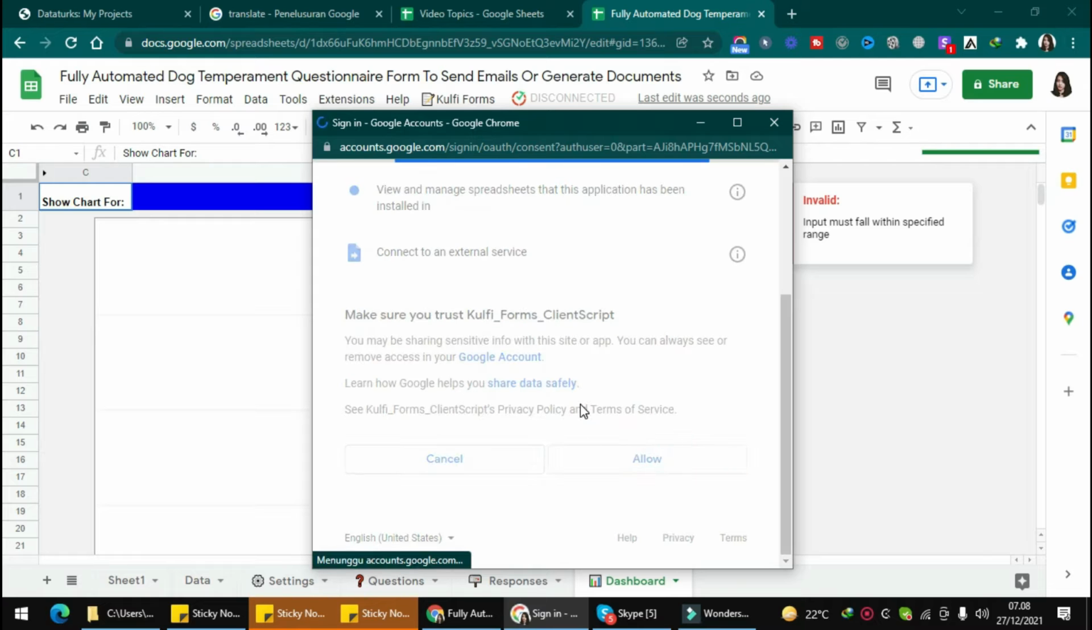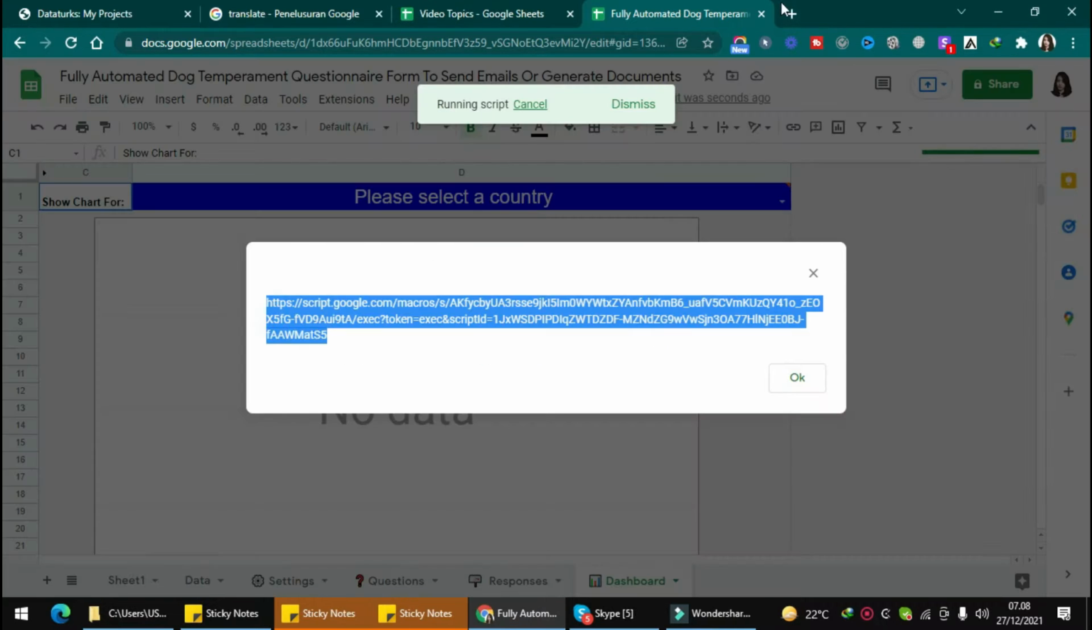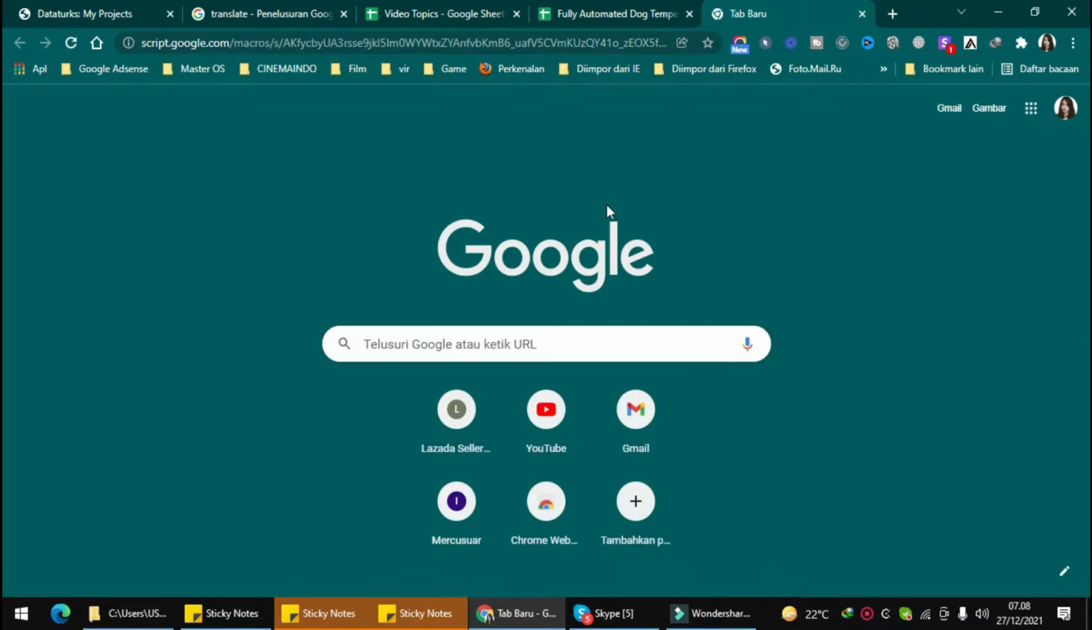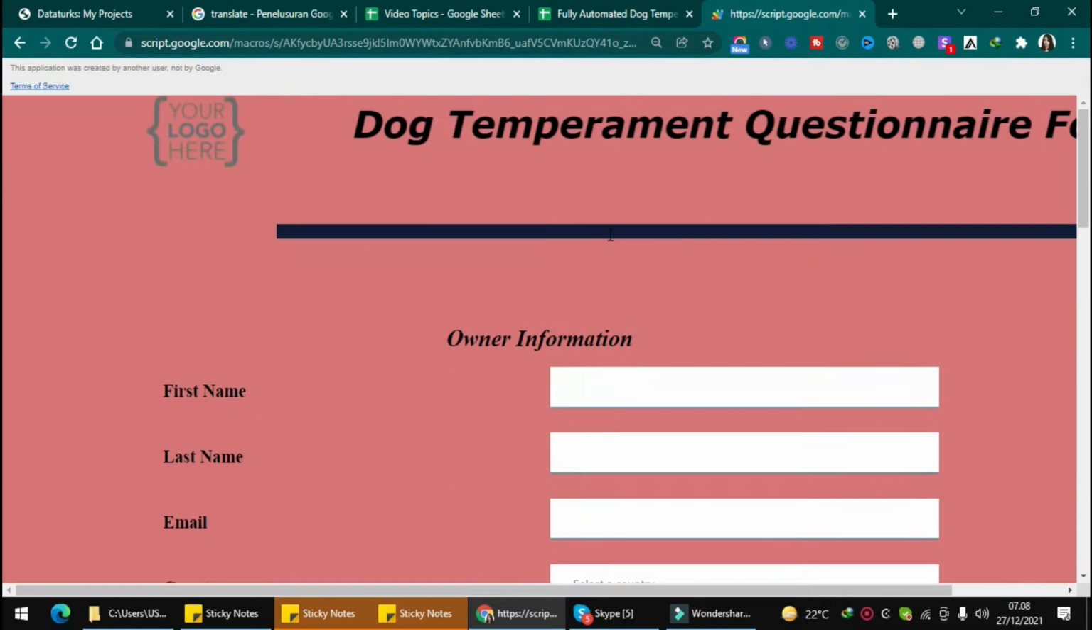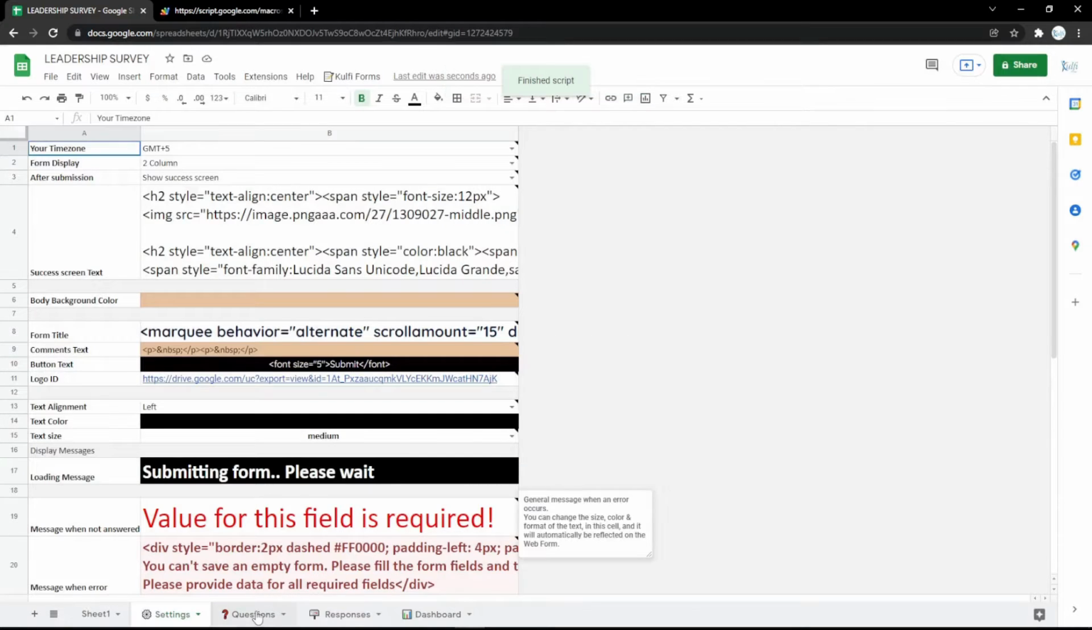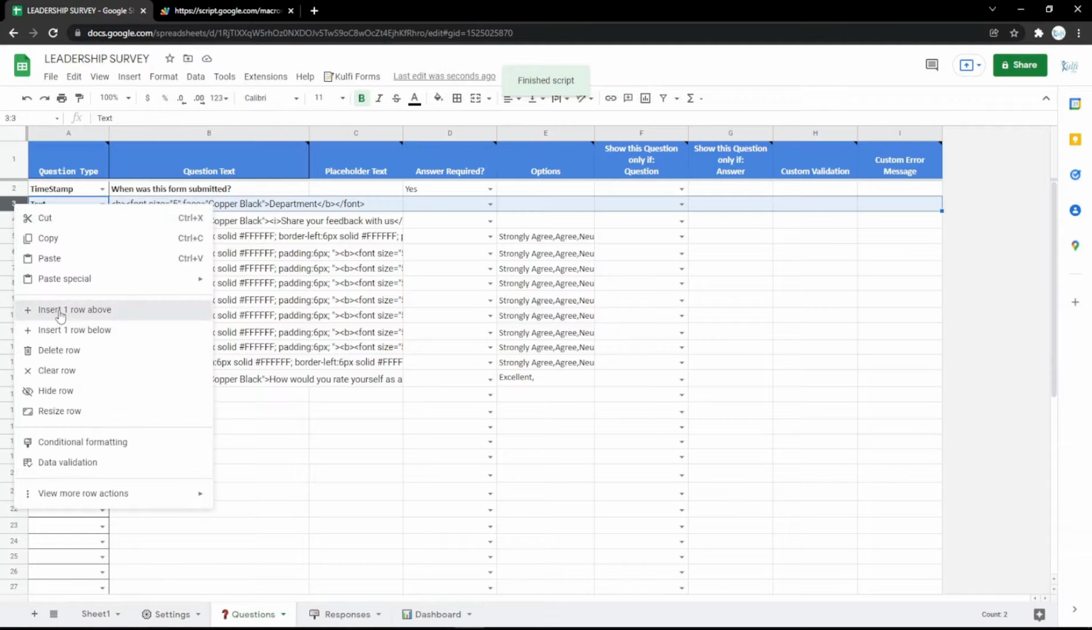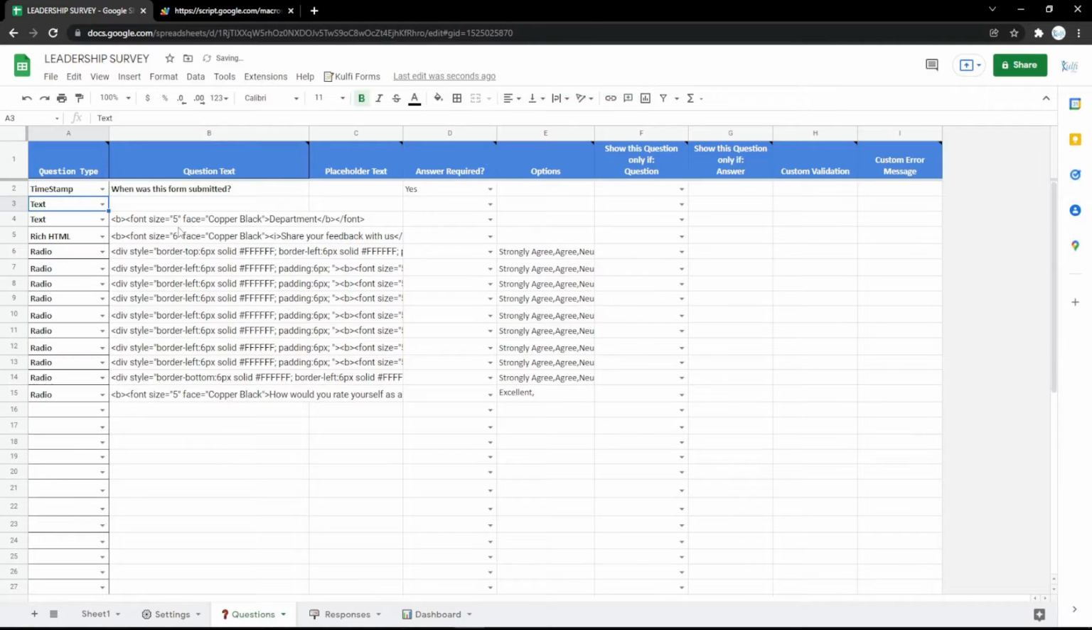You just need to follow the steps like this, and just wait for a second and you will get a link like this. Just copy it all and paste it on your search engine like this, and now the form is ready to use. But you can also edit the question or even the appearance in the Google spreadsheet